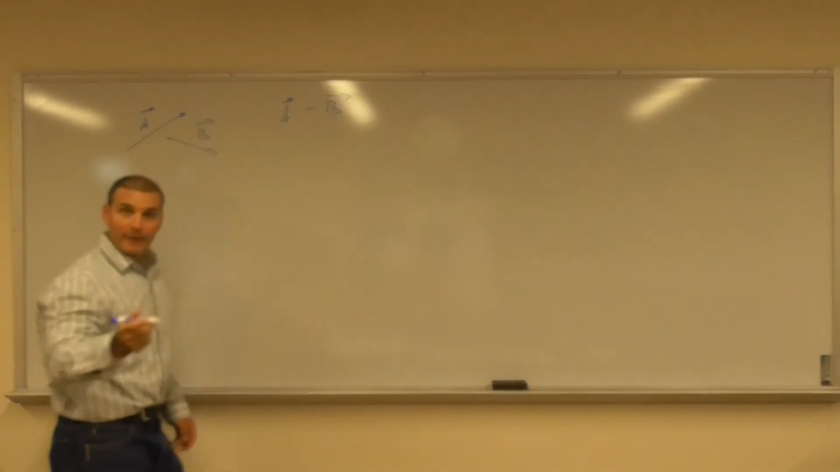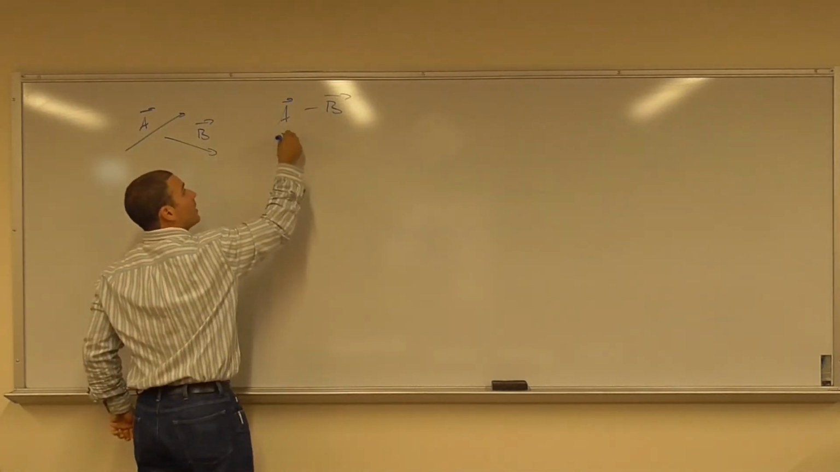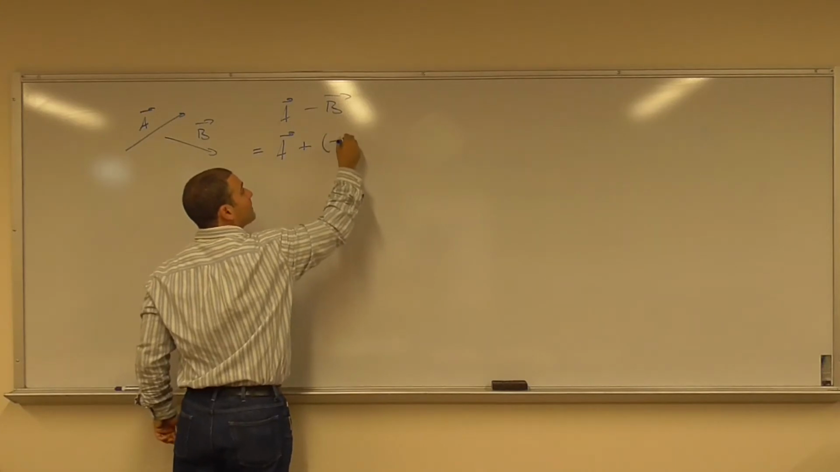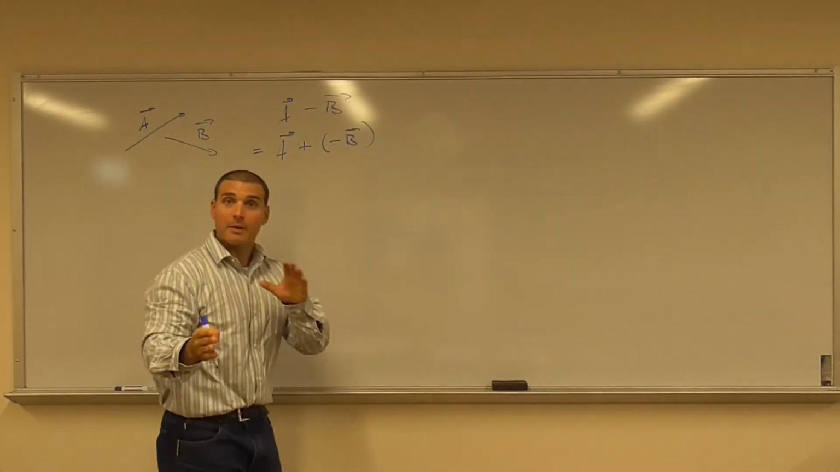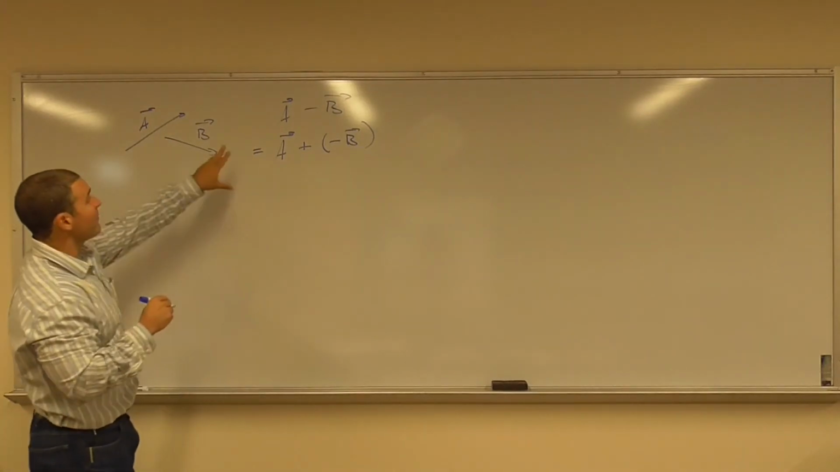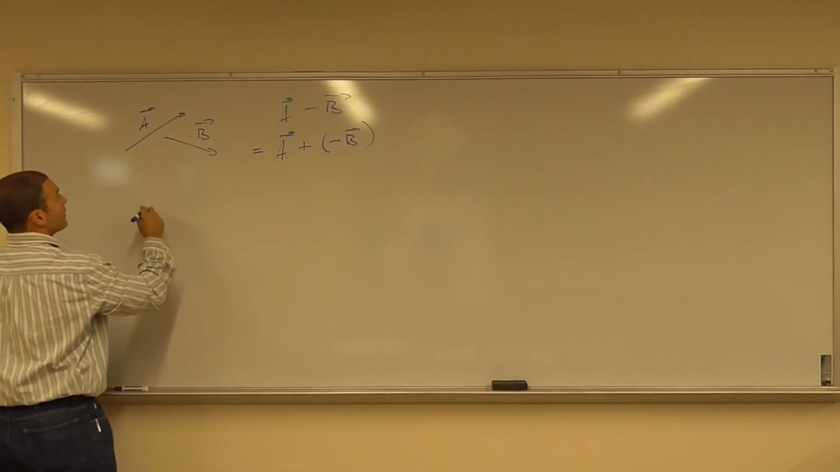Now, don't forget, minus B is really plus the opposite of B. When I say the opposite of B, I mean the vector in the opposite direction. Okay? So if I want to find this difference, A minus B, what I do is I take the vector